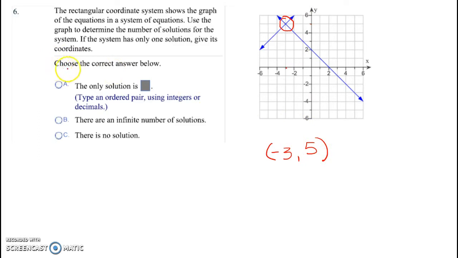All right, so if you were doing this on the computer, you would say it only has one solution, okay, that's not what they want there. They want you to put in -3, comma 5, because it has only one solution. And right here in blue, they always tell you how they want the answer put in. Type an ordered pair using integers or decimals. All righty,